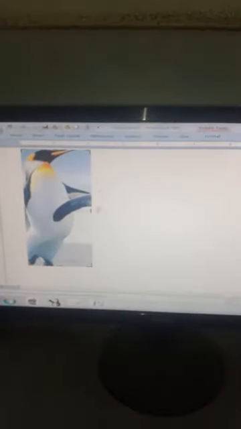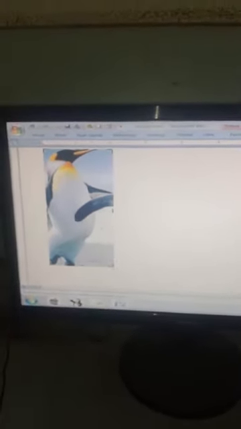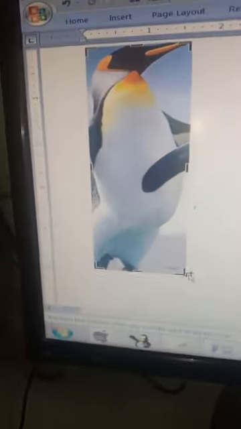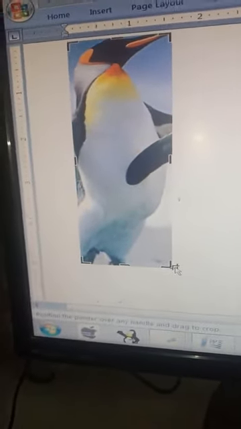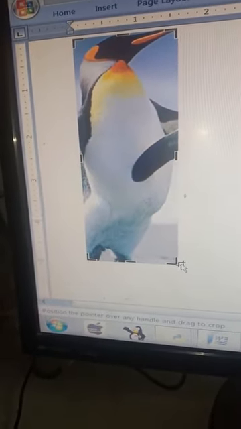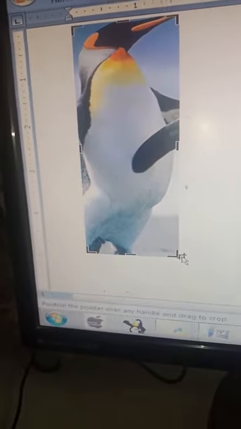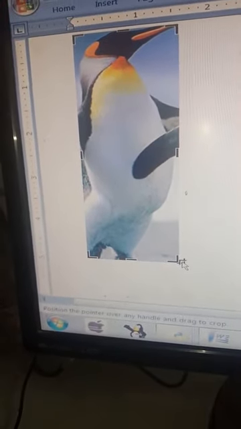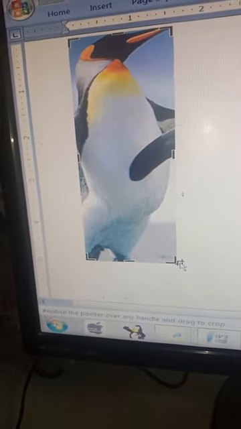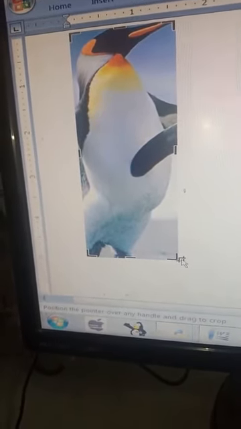Look over here. Again, as soon as I bring the cursor over here, it changes into the shape of this. Look, this is the cropping method that I have done. And look, the 2 penguins got removed over here, and only the third penguin appeared. This is the way of cropping a picture. In cropping a picture, you can remove the unnecessary parts or the unnecessary pictures that are with the other pictures. So this is cropping a picture.